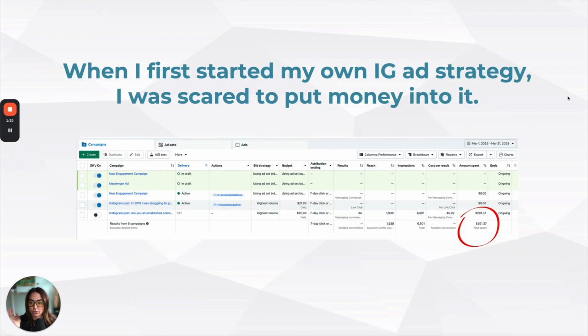So, truth be told, the majority of my client base has come from organic content. This is something that I've only started implementing this year. I've been working with an ads coach, Brandon Forbes. He's wonderful. I've learned a ton from him. And I've been utilizing his ad strategy, and you know what? It works.